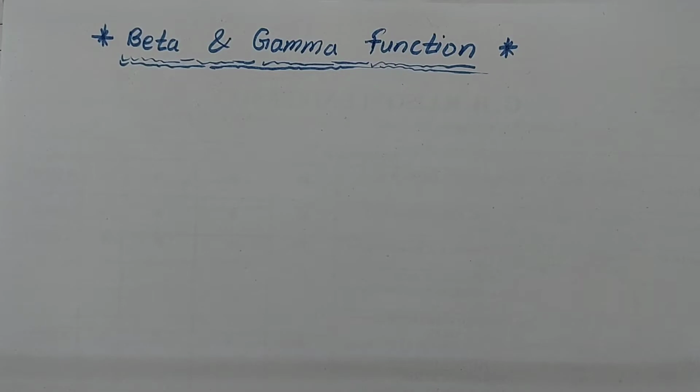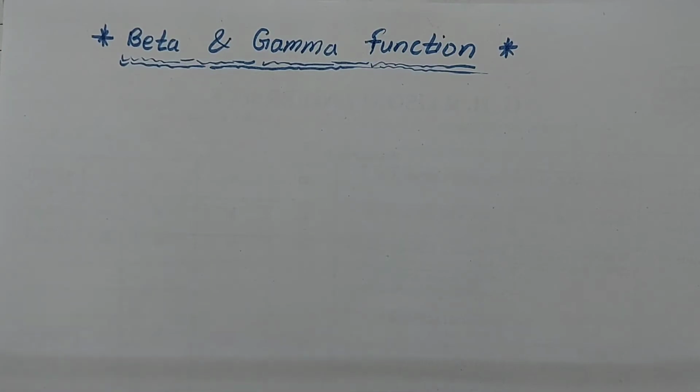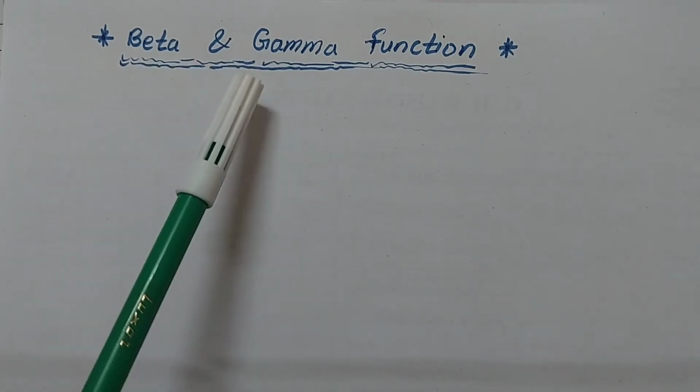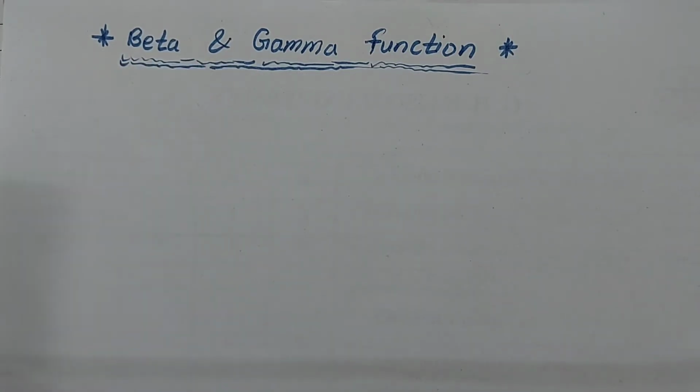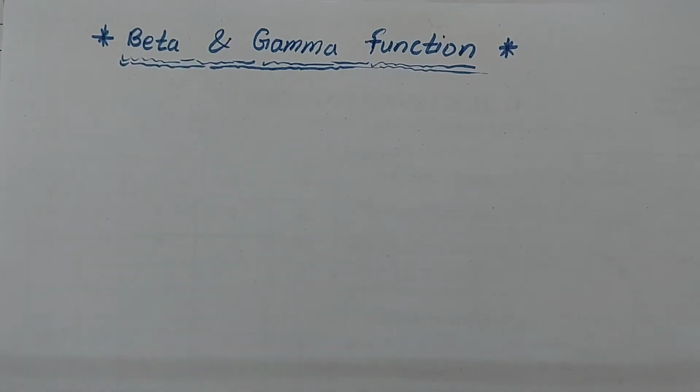In this lecture, we are going to discuss firstly the definition of gamma function and then some examples based on gamma function. This topic is very important because it is an application-based topic. To solve integrations, we get them easily by using beta and gamma functions. Some integrals are not possible to solve by using our direct integration formulas. At that time we take the help of the beta and gamma function definitions.